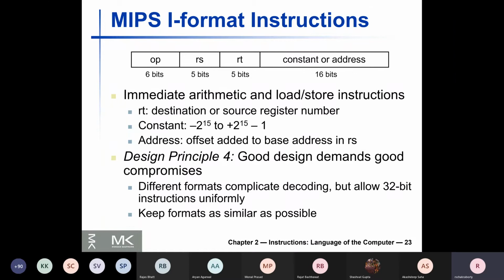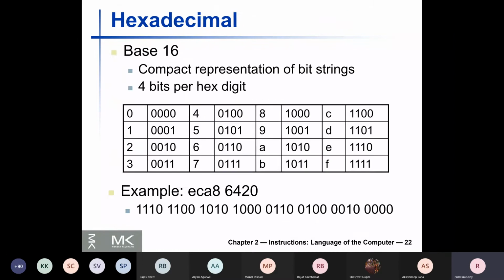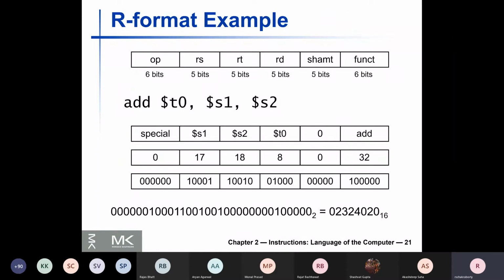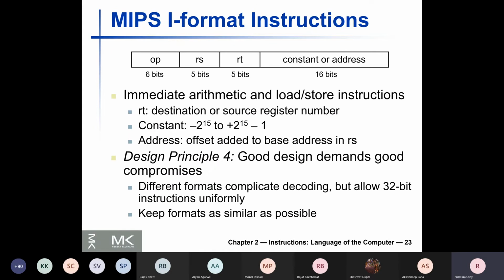Again, they have mentioned that for different types of instructions, even for R and I format instructions, you notice that a large part of the instruction format is the same. There is still a 6-bit opcode, two 5-bit register identifiers, and there is a 16-bit constant for the I format, whereas in the R format there was a shift amount and function code, and there was another register. Of course, there are some differences also, but half of the format is kind of similar. So this makes circuit design easier.